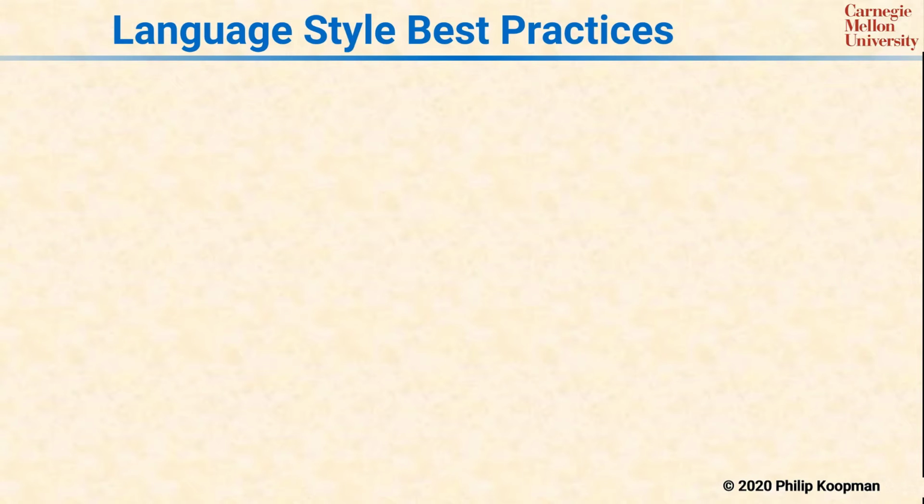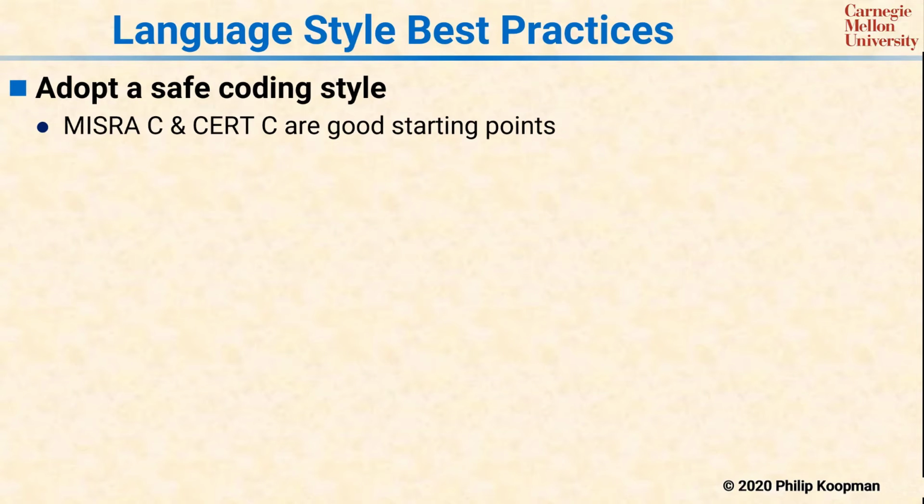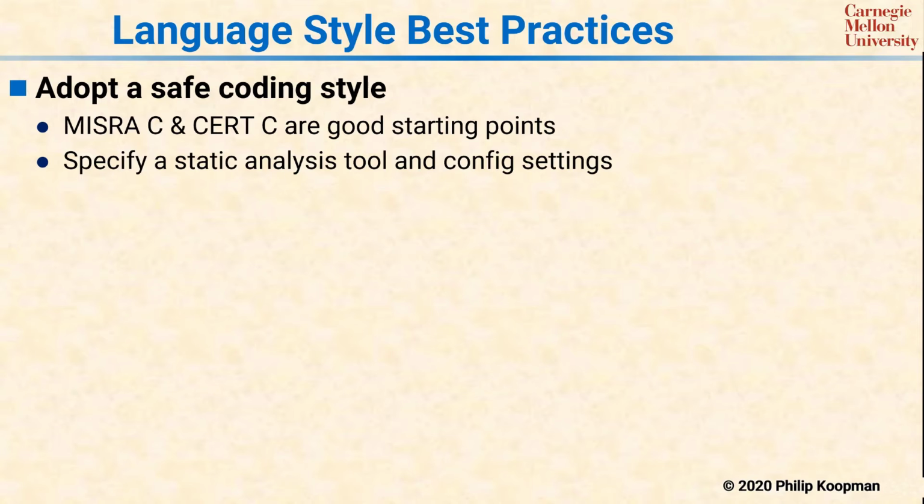Good language style can make it easy for the machine to compile the code into the thing you actually wanted it to execute. And it can also be a very cost-effective way to find bugs automatically. You should start by adopting a safe coding style, considering either MISRA C or CERT C or a combination as your starting point. Your project coding style guides should specify one or more static analysis tools and the configuration settings,